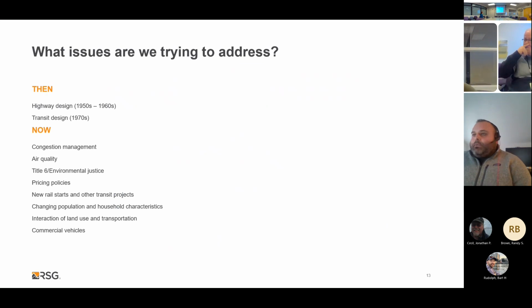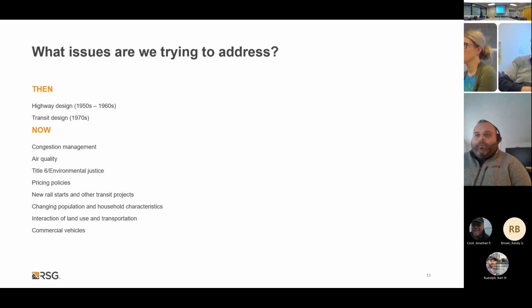So what issues are we trying to address? The current situation facing transportation planning differs from days when the four-step model paradigm was initially developed. For the most part, the interstate highway system is complete. There might be a few last pieces out there that we're completing, but for the most part, we're done building the interstate system and most of the country's highway systems. So there's a new emphasis on the efficient management and operation of existing facilities, with increasingly less emphasis on new construction activities.